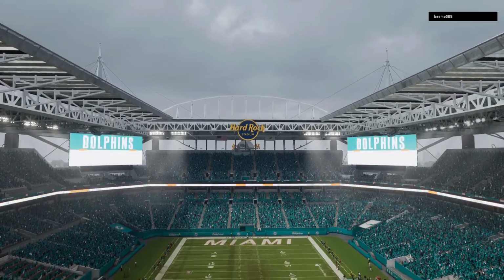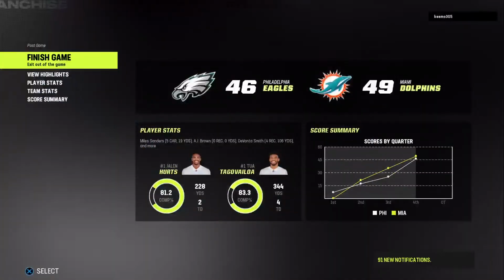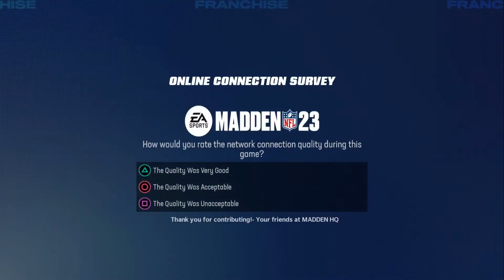So for Miami, that early momentum continues here as they move to 4-0. And they will hit the road next week for a date with the New England Patriots. Meanwhile, for